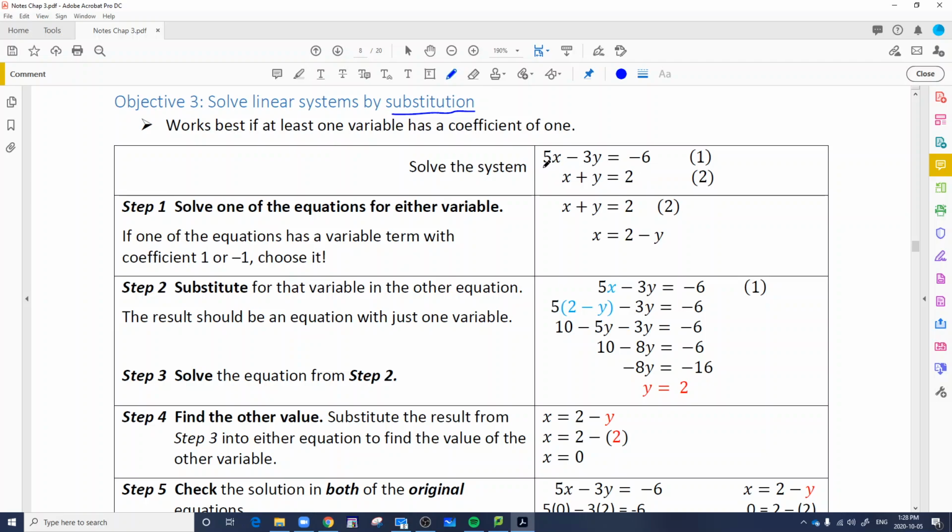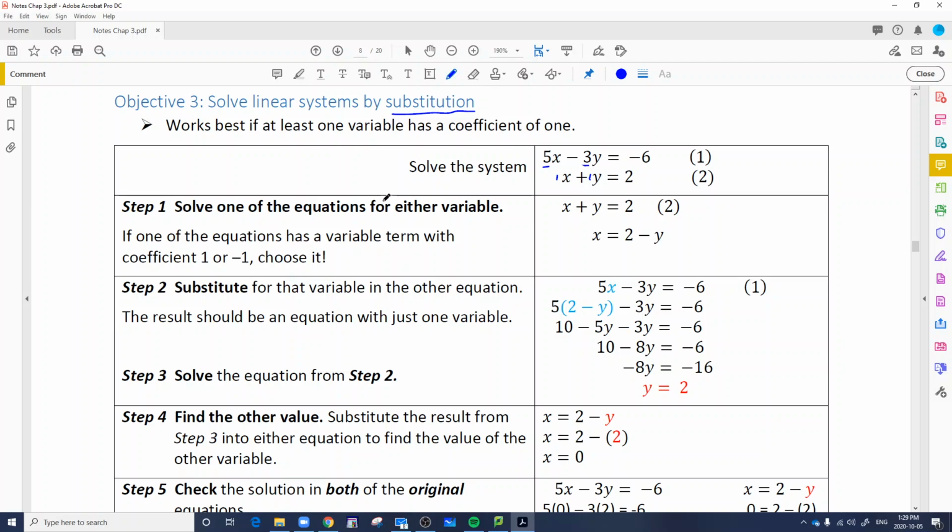So this has a coefficient of 5, this y has a coefficient of 3, so neither of those would I solve for. And the reason I don't want to solve for them is if I chose to solve for x, eventually I'm going to have to divide these numbers by 5, and none of them go nicely, so I'd be dealing with a ton of fractions. So it's not that you can't, it's just not easy, so we tend not to. Then in this equation, both of these variables have coefficients of 1, so you could choose either of them to